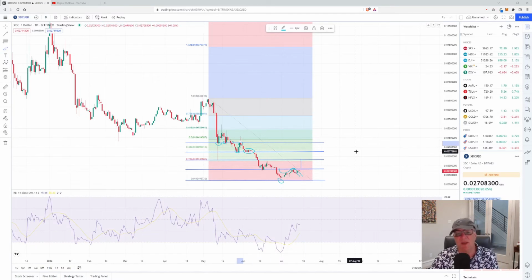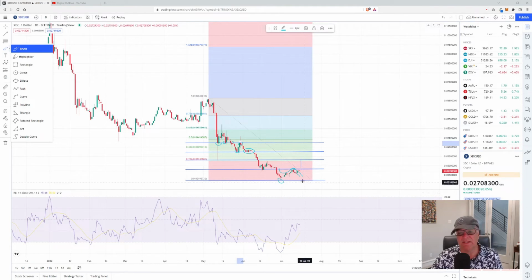So now, guys, what I see potentially happening here over the next few weeks with this scenario is, if this is actually a cup and handle like I think it is, and right here we've got this bull flag, this bull pennant, then I think what's going to happen is we're going to retest this 2.8 cent area again, and my guess is we will break through it. We will make a measured move to that 3.3 cent range in there.